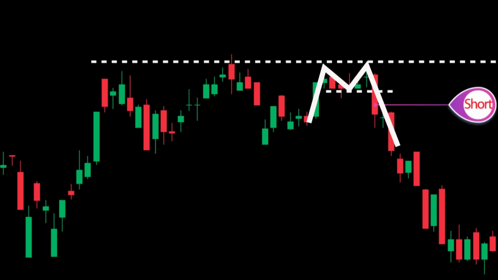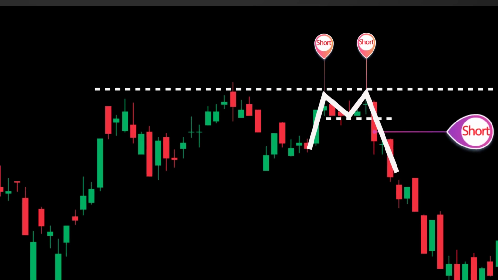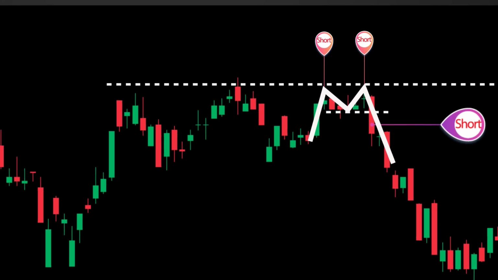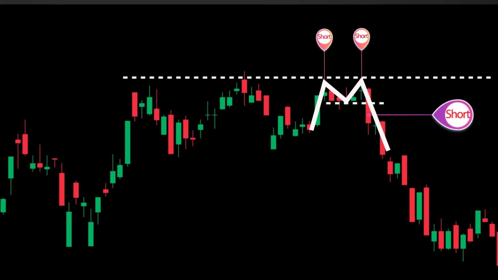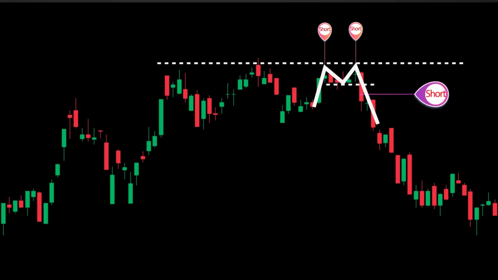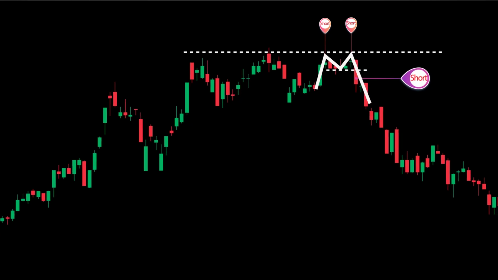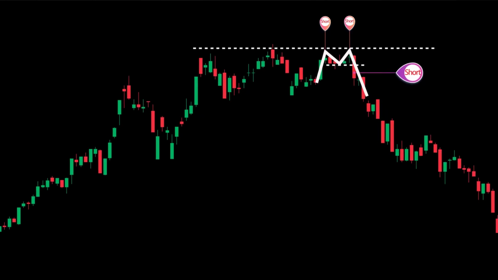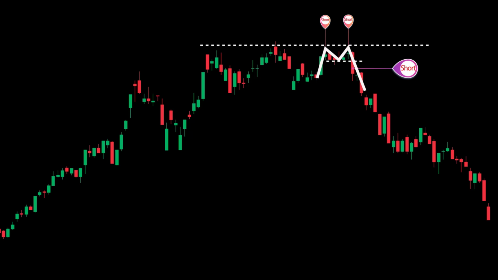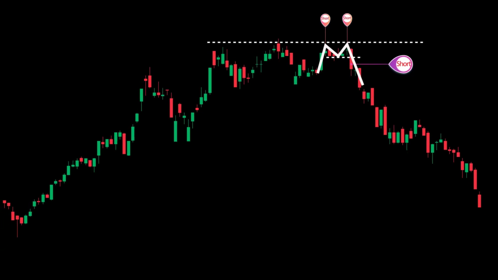Many traders who follow support and resistance strategies might choose to open trades at these points when the price reaches a strong resistance zone. Meanwhile, pattern traders would hold off and wait until a double top pattern fully forms and the price breaks through the neckline here. Both of these entry methods are valid. Different trading styles naturally lead to different ways of approaching the market. What matters most is sticking to your trading plan and having solid risk management in place.